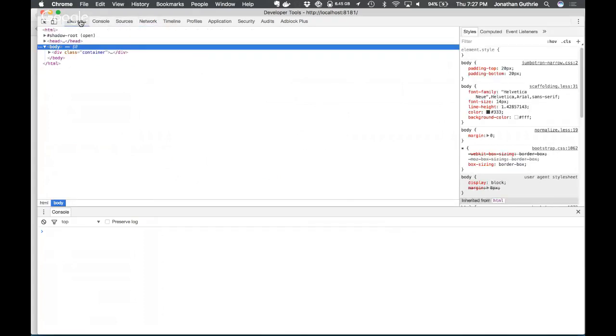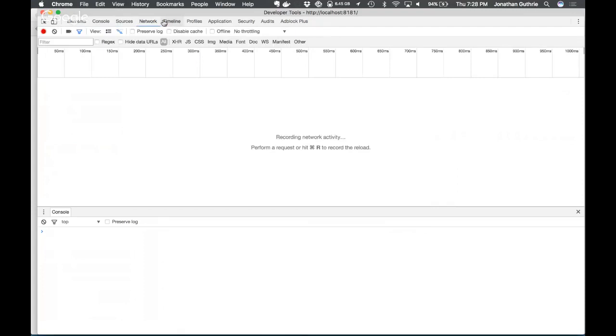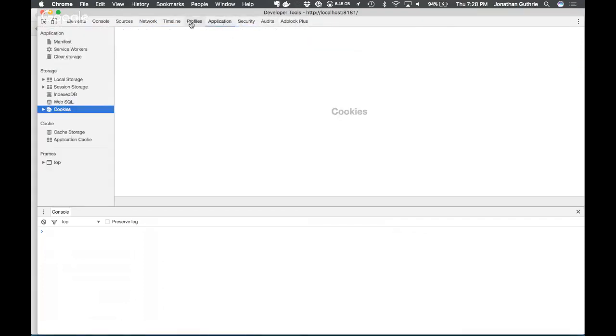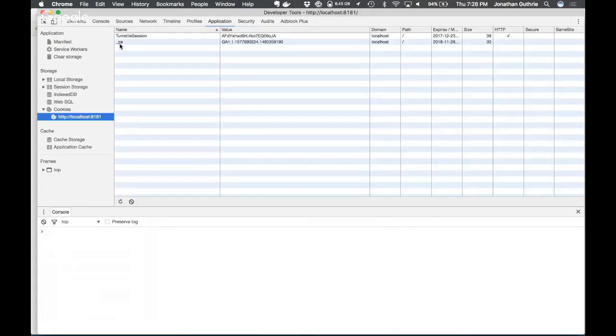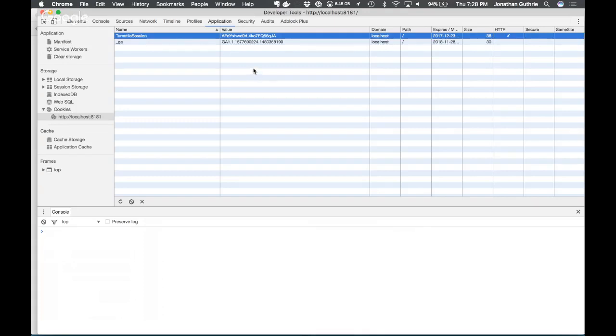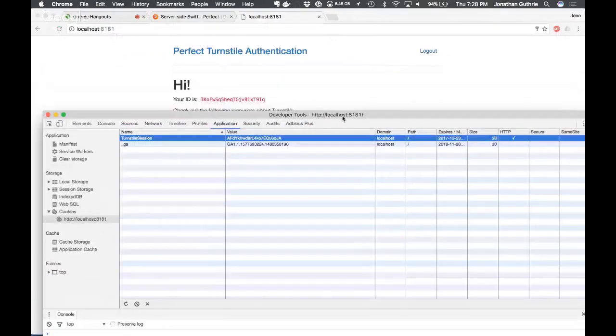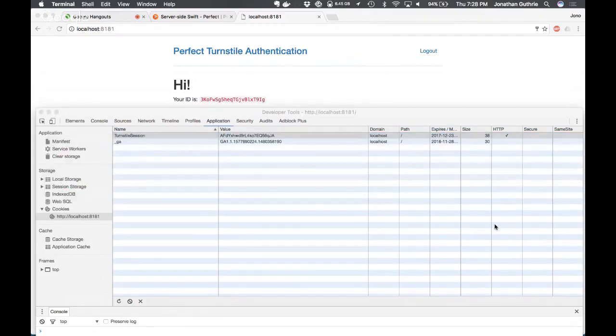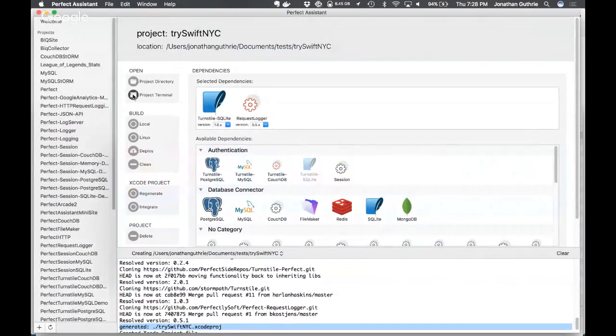If I go and have a look at my cookies, gosh, whereabouts do you get your cookies in Chrome? I normally use Safari. Local storage, cookies. Here we go. Okay. So to install session, you'll see that in actual fact, that will be my physical ID. That's actually my user ID, and my session ID is the AFD, etc. So very quickly in terminal, in fact, I'm going to go straight to the project terminal.